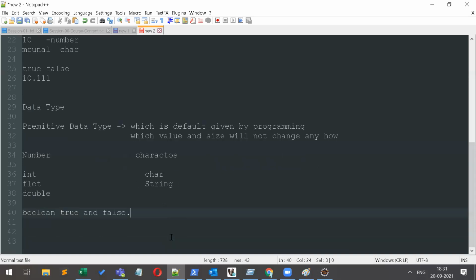These are your primitive data types. Numbers have more, like long and short. These are the data types we use.